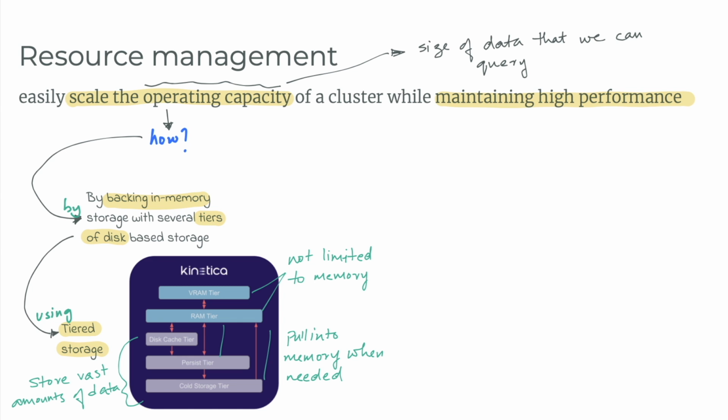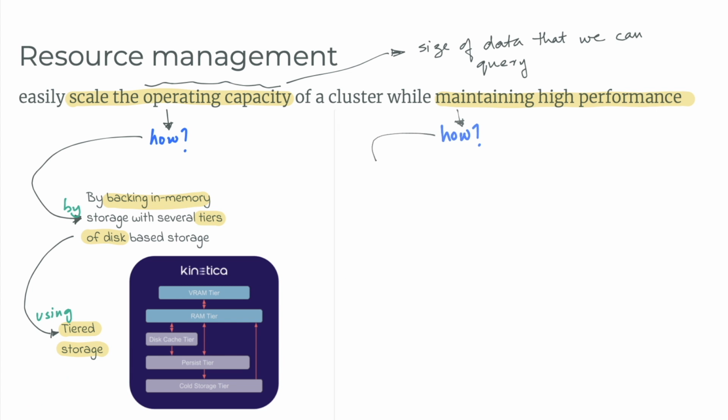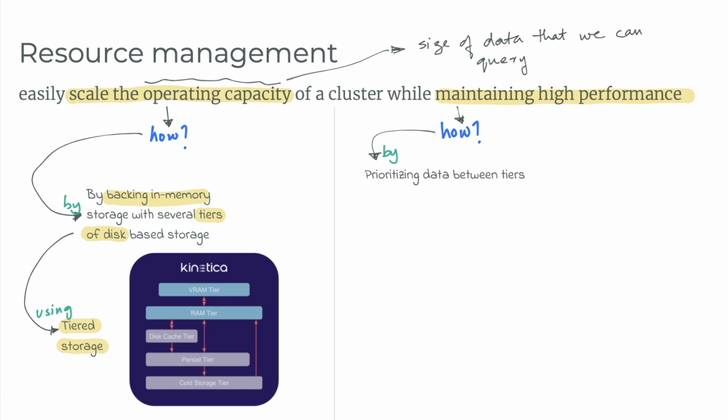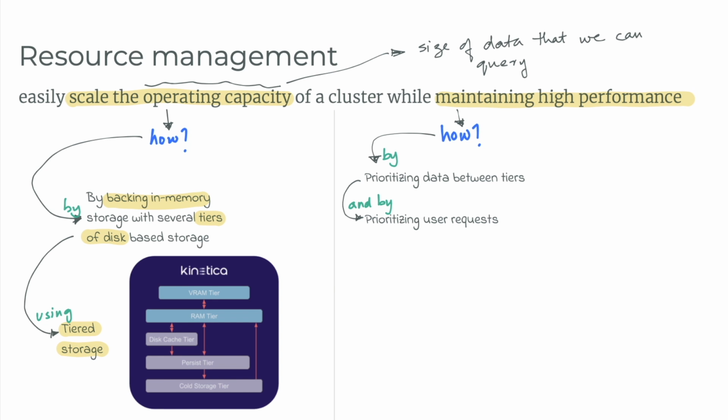Now, if you remember from earlier, disk-based storage is less performant than in-memory storage. So the challenge with adding tiers of disk storage is to figure out how to maintain high performance. Let's look at this next. Kinetica maintains high performance by doing two things. The first prioritizes data between the different tiers, and the second prioritizes requests based on the type of user making